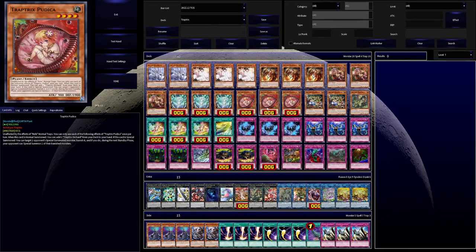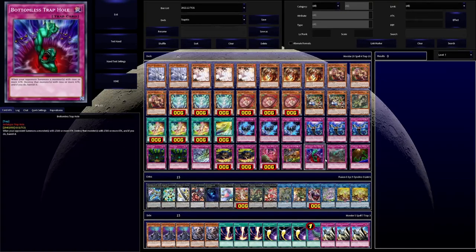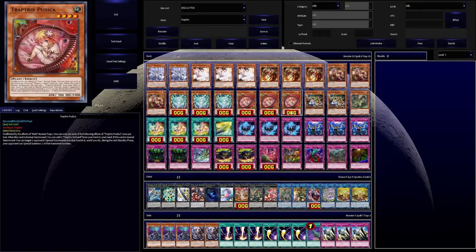Next turn, next standby phase, we resolve Boudica's effect. They choose to special summon Blue-Eyes White Dragon. Now I can Bottomless Trap Hole that. So I guess that's one way of removal of a big monster or something. But if it's a monster with an effect when it's summoned,